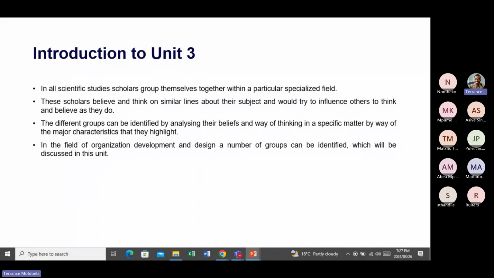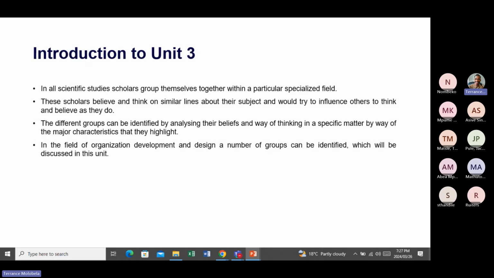So these scholars, in their fiber, believe and think along similar lines about the subject, and most of the time they will try to influence others to think and believe as they do. Why? Because if you begin an organization and you want to do something new, that change you want to bring about begins as an idea. So you need other people to think like you, to be convinced that your idea will actually work within